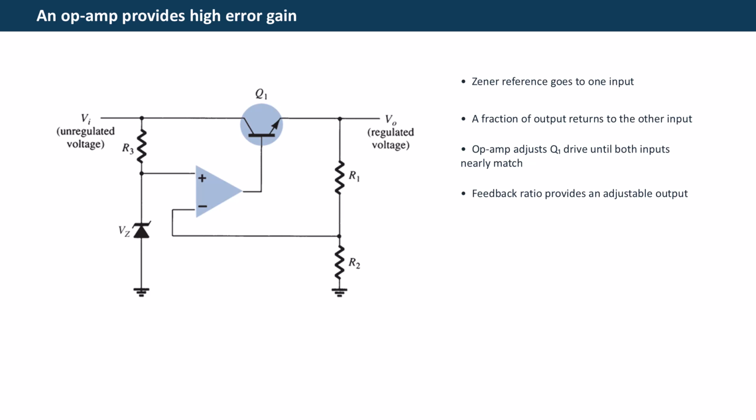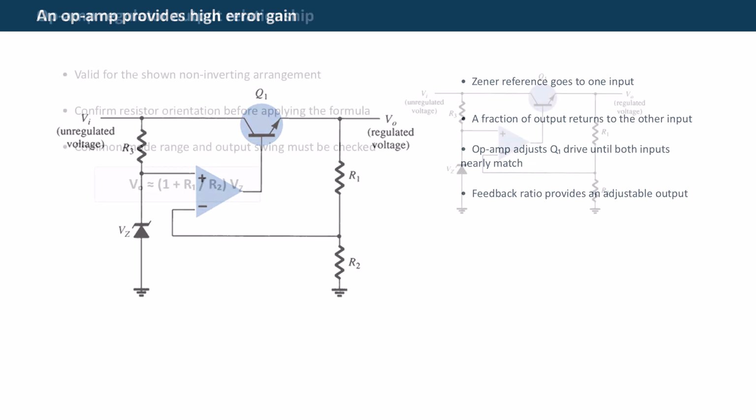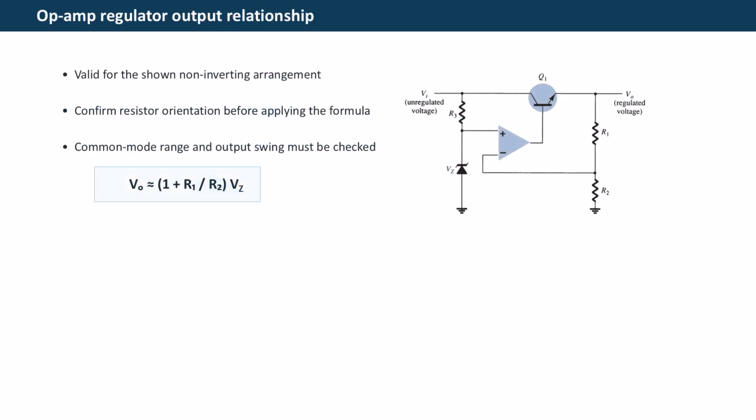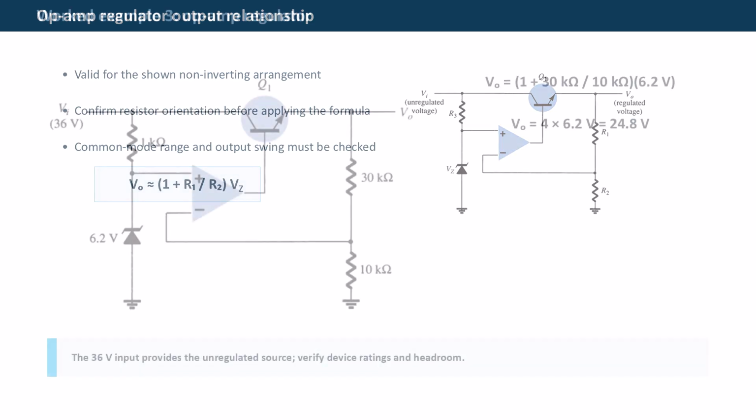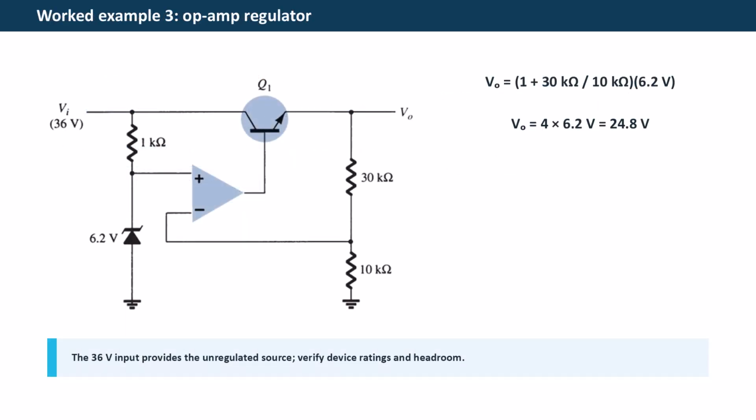This generally improves regulation and makes output adjustment straightforward. For the common non-inverting arrangement, the closed loop gain is 1 plus R1 divided by R2. Multiply that gain by the Zener reference. The formula must not be applied blindly. The divider orientation in the actual circuit controls the gain expression. Here, the feedback gain is 4, so the calculated output is